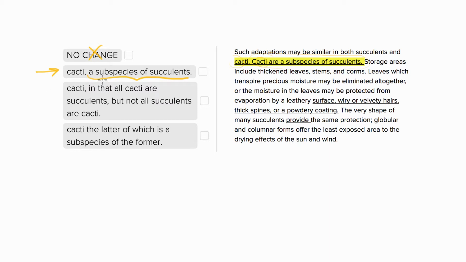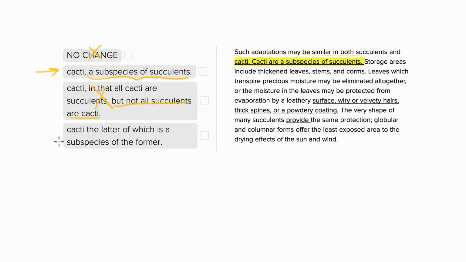The third answer choice goes on kind of a rant about whether a cactus is a succulent, but a succulent's not a cactus, and that's not important. It's extra stuff that's been added, which does not need to be clarified. So you could say that's redundant, this part, not all succulents are cacti. That's a meaning problem that we're going to get rid of.